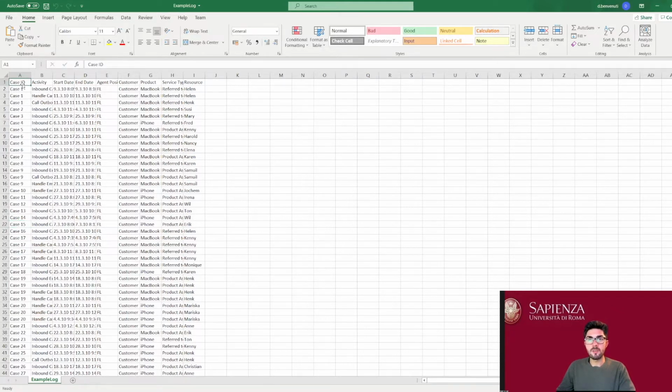And we have something very useful here, which is labels to understand which of the columns is the case ID, which is the activity, the timestamp, and so on, which is something very important while using Disco, and we will see in a moment why.